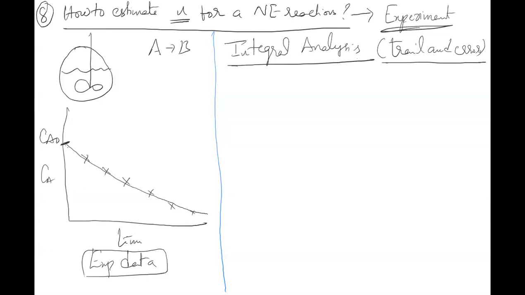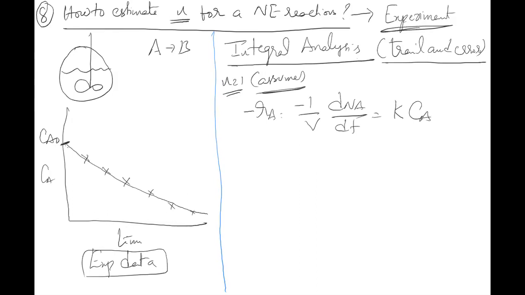So let's start, assume that the order of reaction is 1. Then what is your rate of reaction? Minus Ra equal to minus 1 by V into dNA by dt, which is equal to K into Ca power N, which I assumed as 1. This is an assumption. N equal to 1 is an assumption. Basically, it is a trial and error method. So you will assume N equal to 1 and then you will see whether N equal to 1 is correct or not with the experimental data.